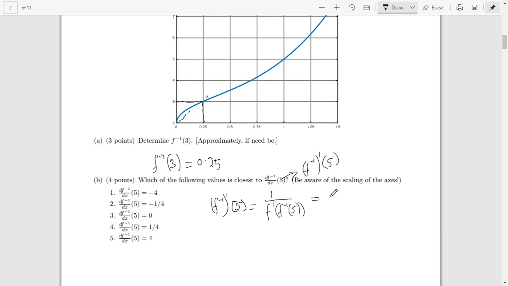Pretty much it's very easy for us to find f inverse of 5. So I'm going to look for that. I'll look at 5 on the y-axis, trace that down to where it touches the graph to find the corresponding x value. So this would be 1. My f inverse of 5 is 1. At this point now, I'm going to find the f prime of 1. However,